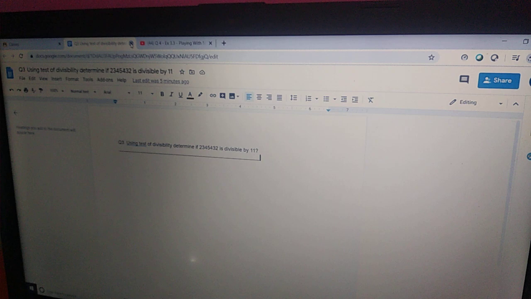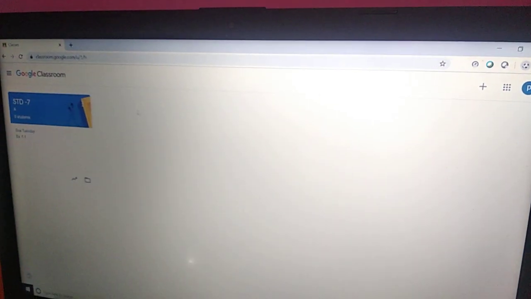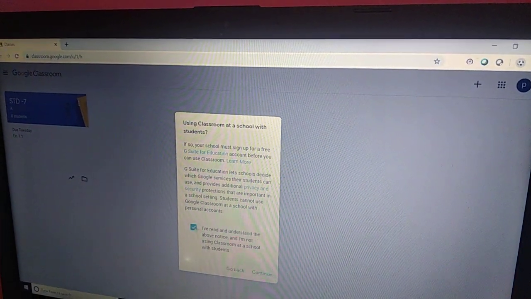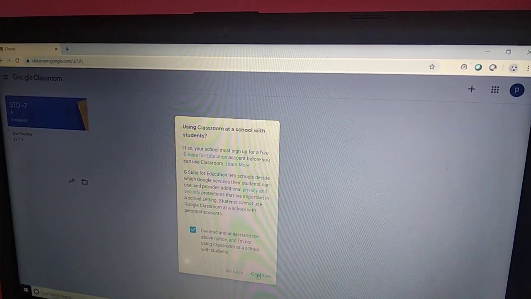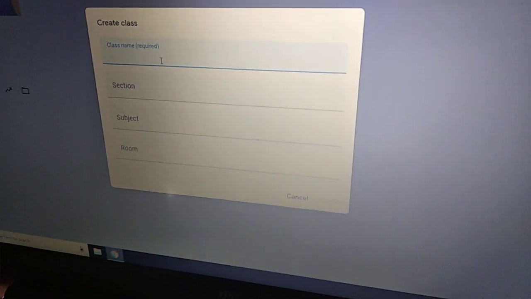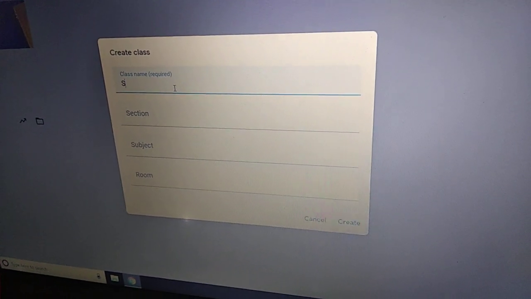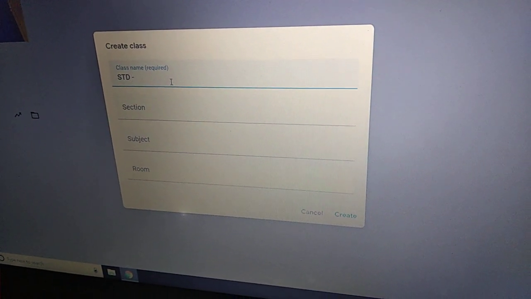It's taking some time. Yes, here we can see again class name. Now if I am teaching in class 8, it will state standard 8.